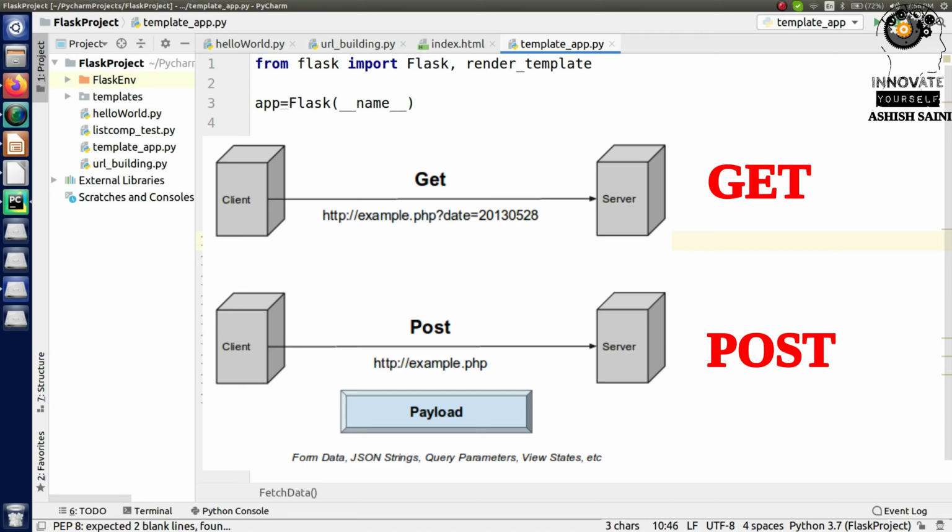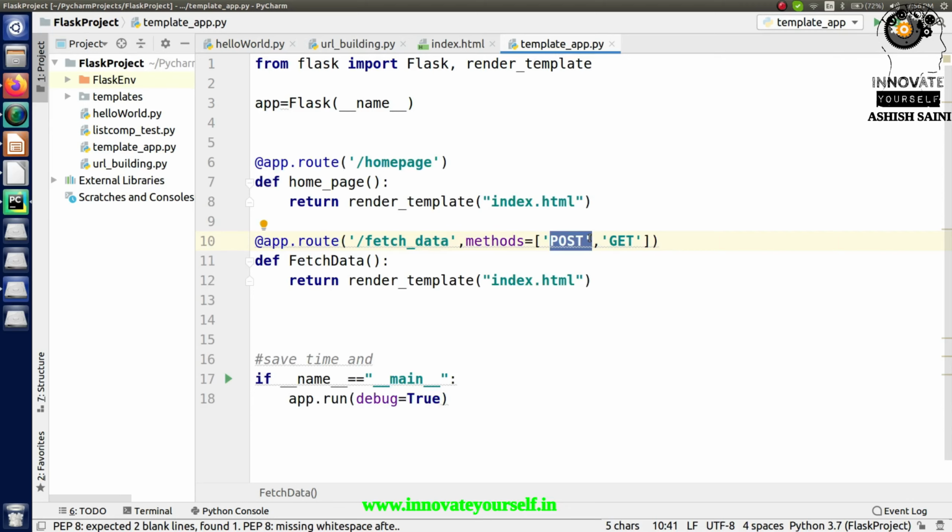Similarly, post is used to send HTML form data to the server. If you want to send some data in the form of HTML, then we are going to use this post method, and it will be able to transmit the data. This is how we can post the data onto the server, and data received by the post method is not cached by the server. So in short, whatever data you post will not be cached anywhere. This is how we are going to use the post and get methods. In today's scenario, whatever we are doing, we can get any type of method. It can be a post method, it can be a get method.